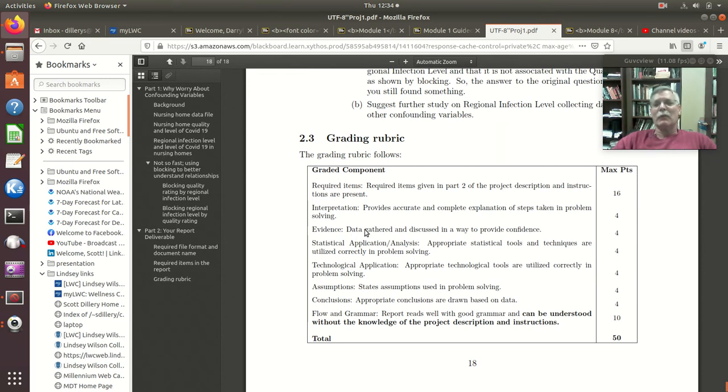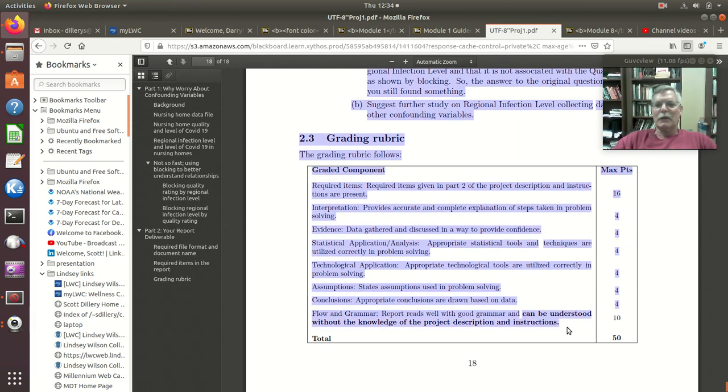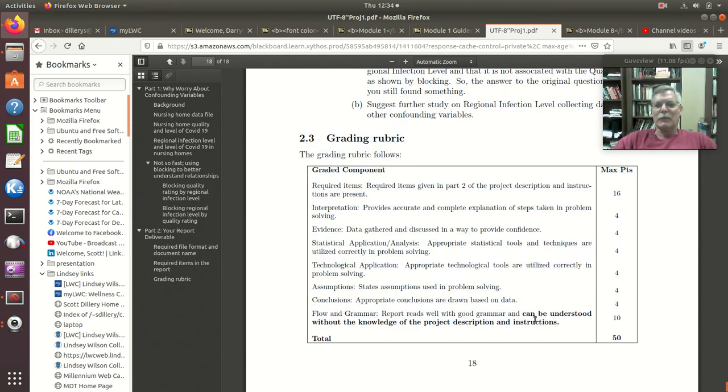And then here's the grading rubric. 50 points, and all the required items are there. There's 16 right there. Then I hit the learning outcomes for the course. I evaluate those, 0 to 4 points. And I also just, grammar, good flow, and notice I say can be, oops, if I can highlight it here. Well, I highlighted everything, but this last part,